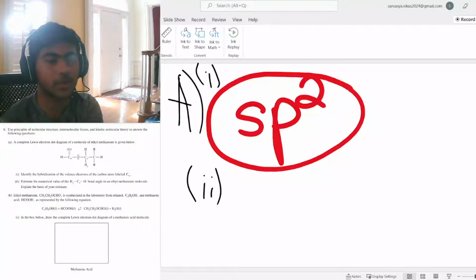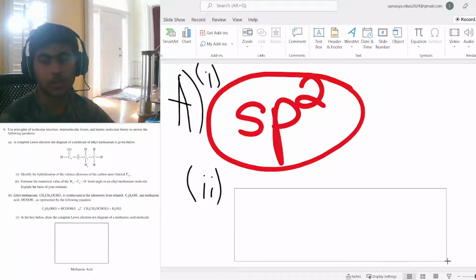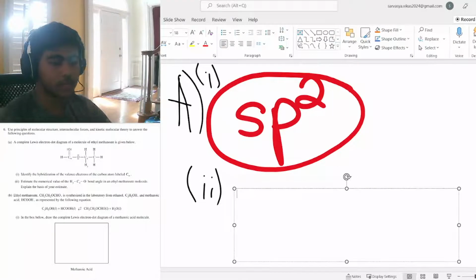Estimate the numerical value of the HYCXO bond angle in the ethyl methanoate molecule. Explain the basis of your estimate. Well, let's see. Let's make a text box so we can kind of think this through. Alright, so essentially, what's going on is that the